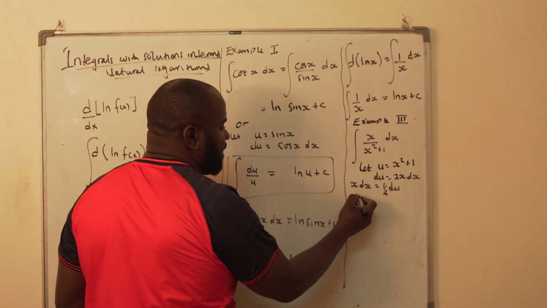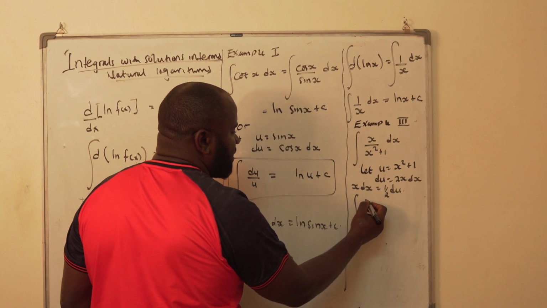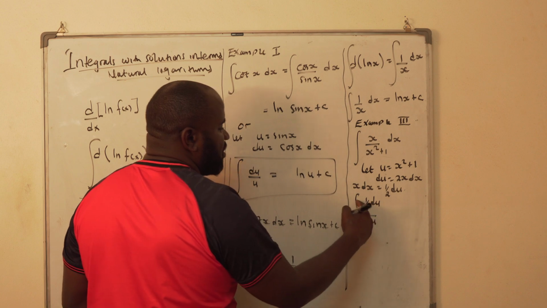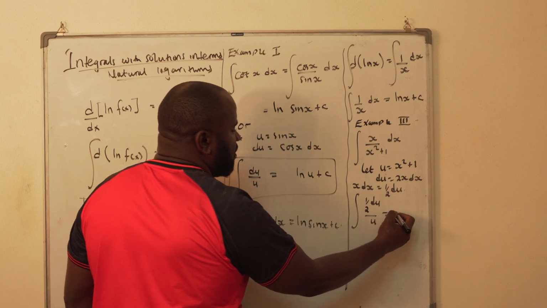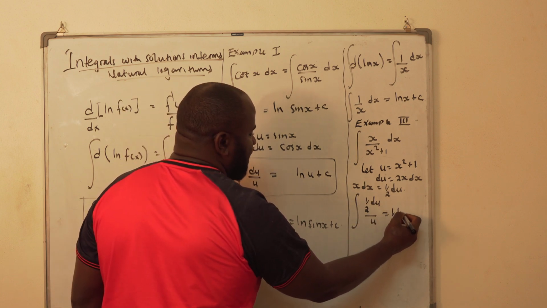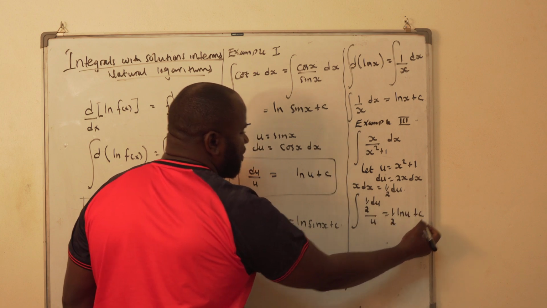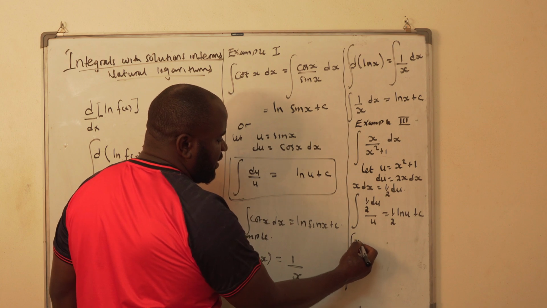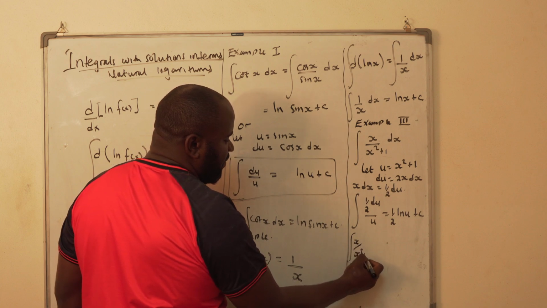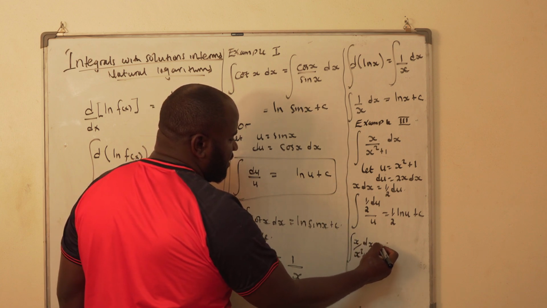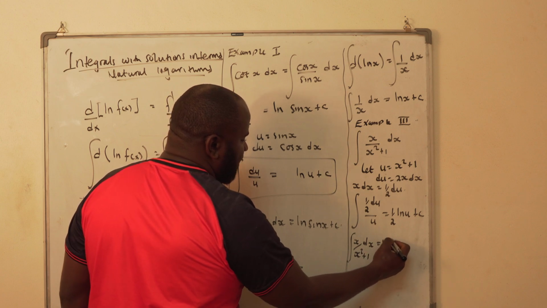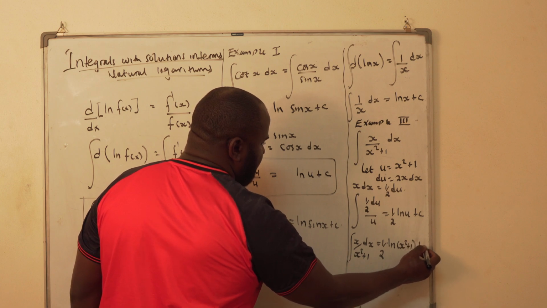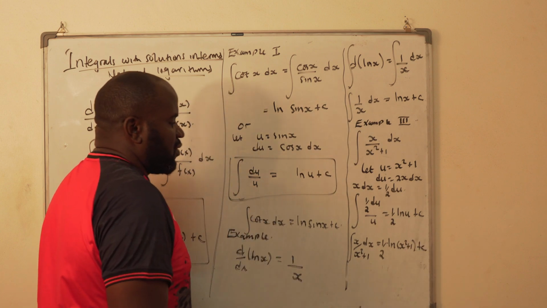Then it is from this note that I'll substitute, where I have x dx, which is a half du, over u, which is the integral of 1 over u, which answer is a half natural log of u plus a constant. So when I substitute back, I will have the integral of x over x squared plus 1 dx. The answer will be a half natural log of x squared plus 1 plus a constant, which brings out what